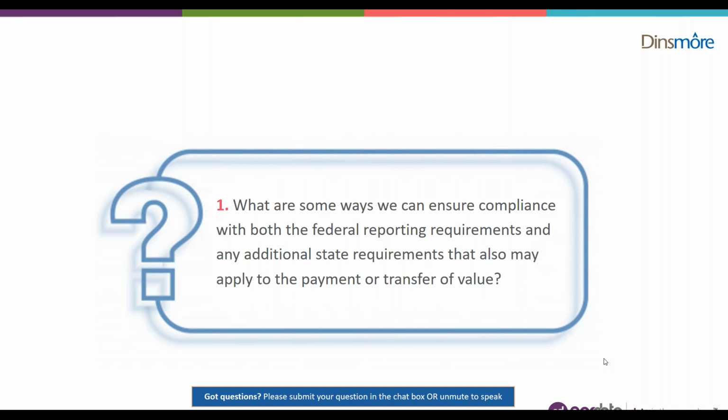One is going to be really analyzing and thinking through the controls that you have in place. And by controls, I mean your policies and procedures, your business rules, and your system programs that you're using to capture reportable payments. Using all of those together to ensure that whatever we're reporting at the federal level is true,